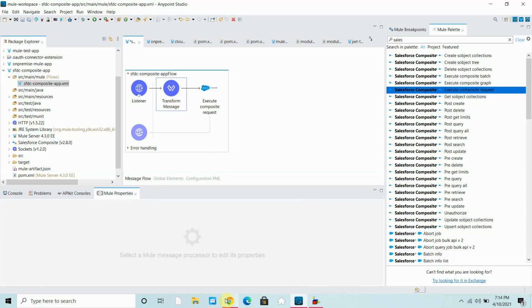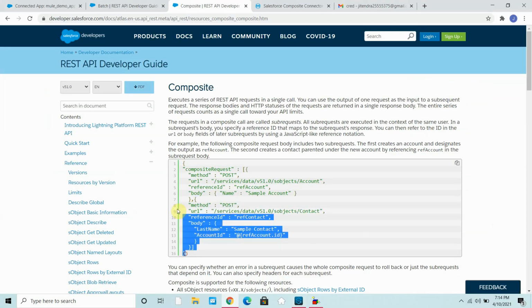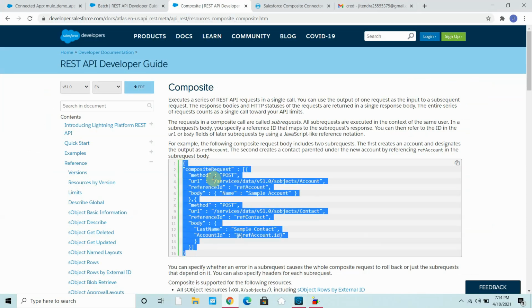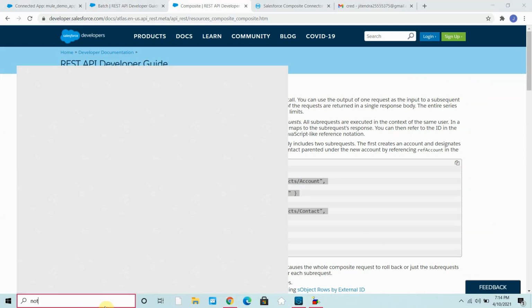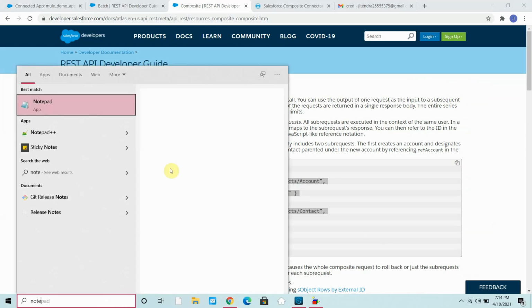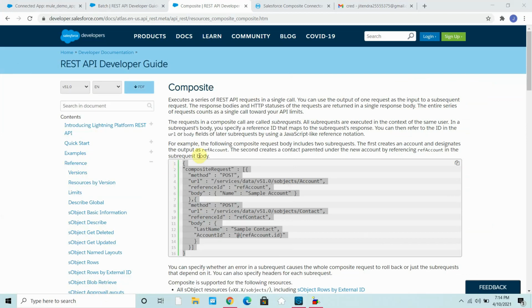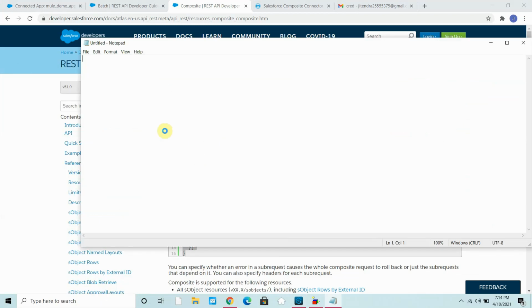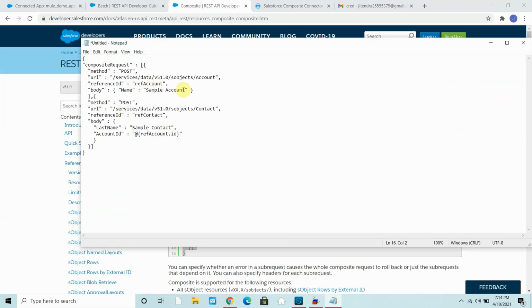Now in the transform message I will copy this payload. This is the request that you need to pass to the connector. Let me open the notepad. In the composite request, for the sample account name I can give some name like James John.